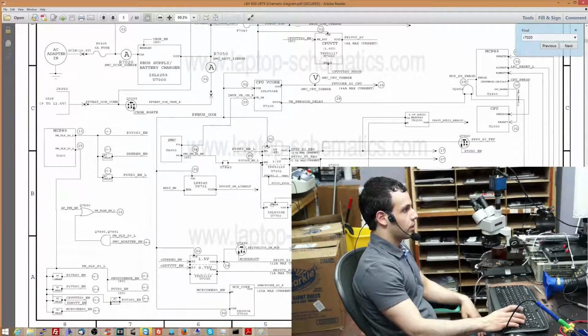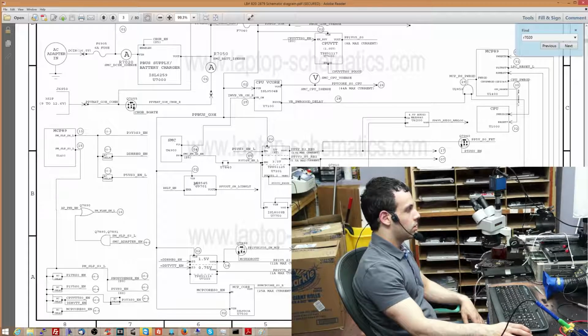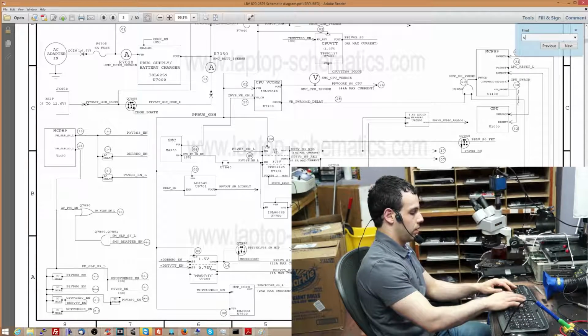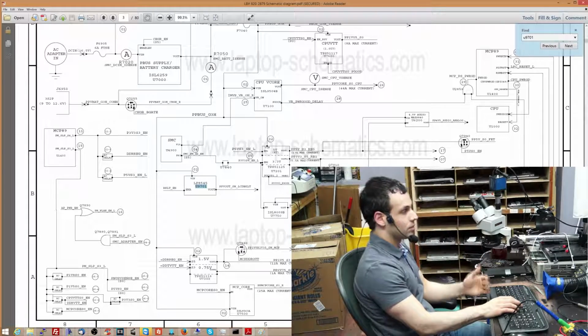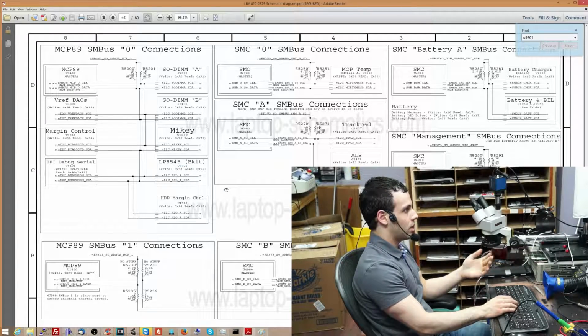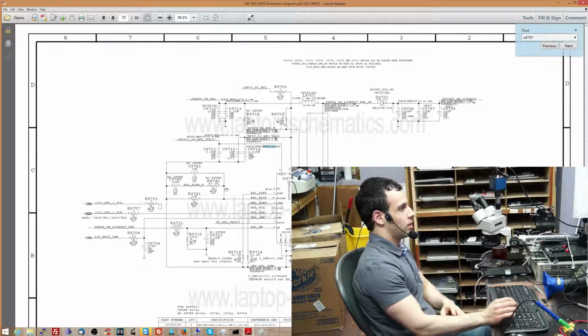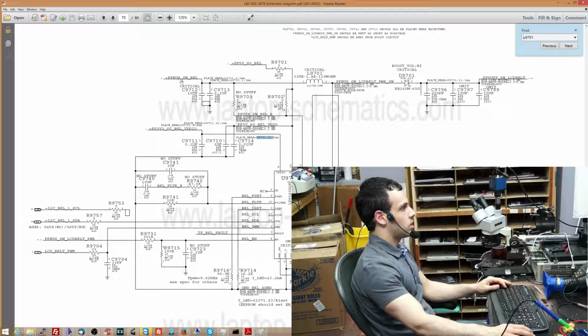Let's say you're having an issue with the backlight, right? So you go over to LP8545, because it says backlight over here. So U9701. And there really is no "how do you read this?" It's just a document that's filled with interconnected electronic components. So here is the chip. So what do you see here? You see